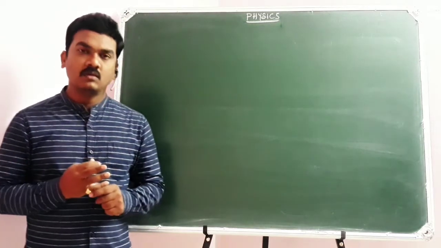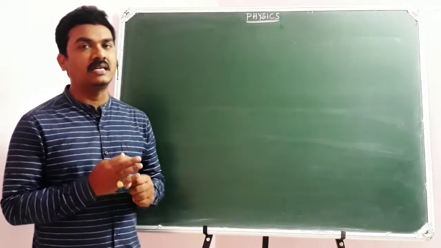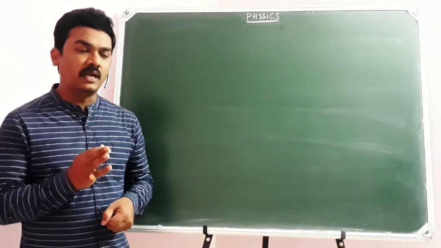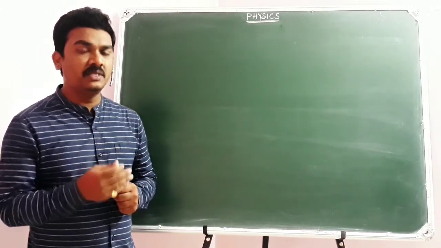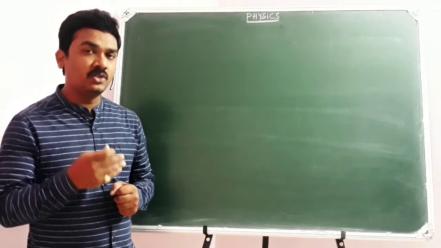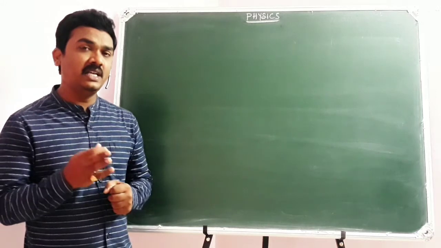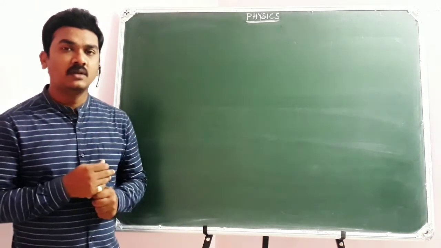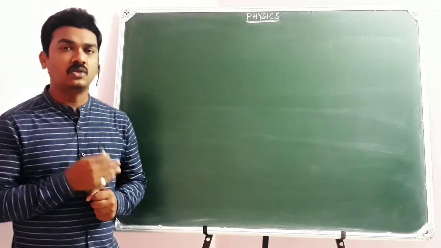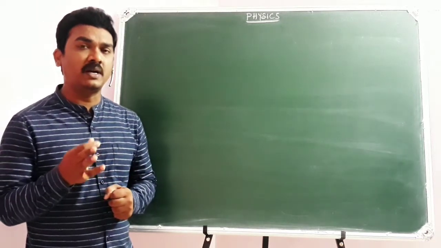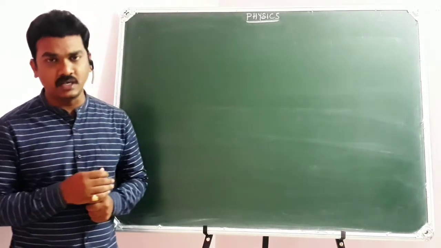So here we discussed the heating effects of electric current in the last class. When an electric current is passing through a conductor, some amount of heat energy will be generated so that the temperature of the conductor will rise, which is defined as the heating effect of electric current. Of course, this is all because of the resistance of the conductor. Due to the resistance of the conductor, the electrons participate in collisions so that a part of the electrical energy will be converted into heat energy.